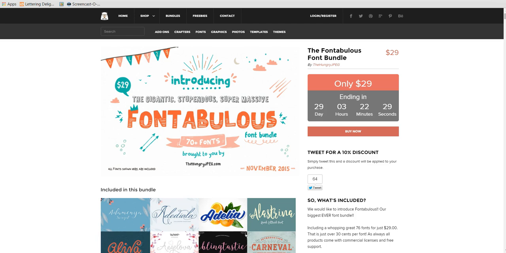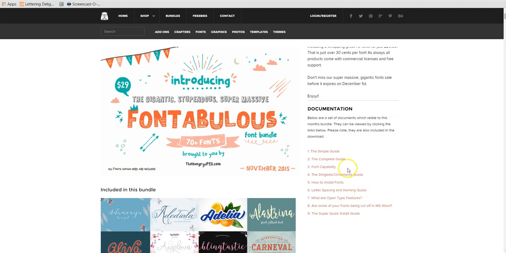For more information on your commercial license, please read the documentation that's included. And I do want to show you that under documentation, all these links here you can access before you make your purchase, so you can see what fonts are included. The font capability, which is number 3, is very important. That's going to show you which fonts